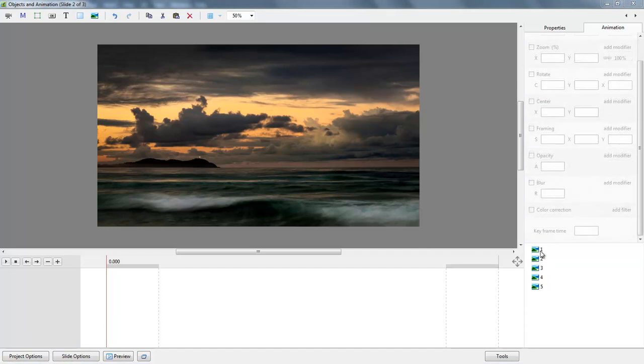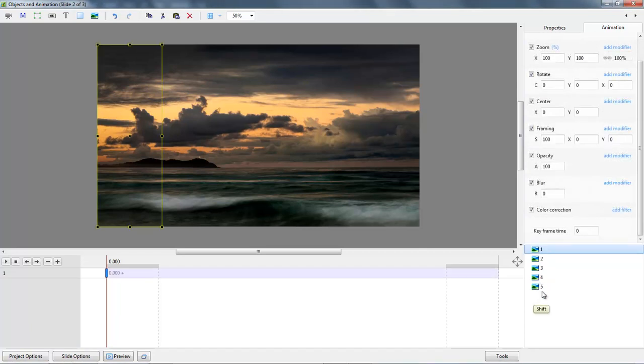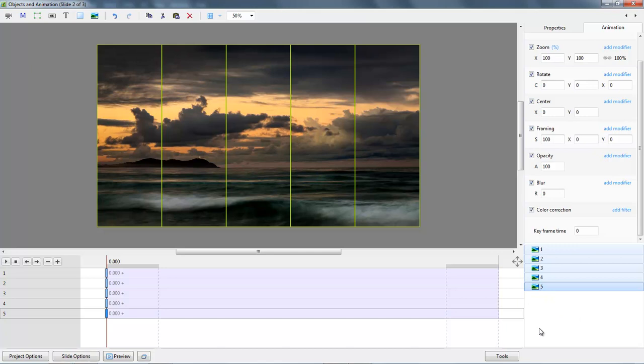I'm going to select all 5 sections with shift click, and I need to have a keyframe to help me to build the animation. The keyframe I want here needs to be a cloned keyframe, so I'm going to select the top number 1 image first and Alt Insert, then I can come down to the next one and so on all the way down,